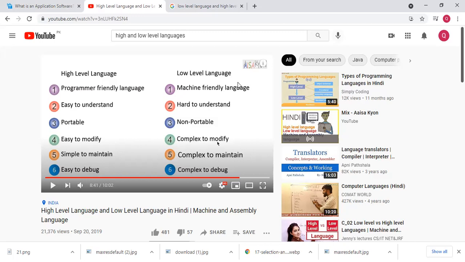Machine language is the language that the computer can understand and execute directly without translation. In machine language, each instruction is written in the form of a long string of zeros and ones, as shown in the video. A program written in machine language runs very fast, because no translation is required; the computer can understand it directly. These programs are, however, very difficult to write.